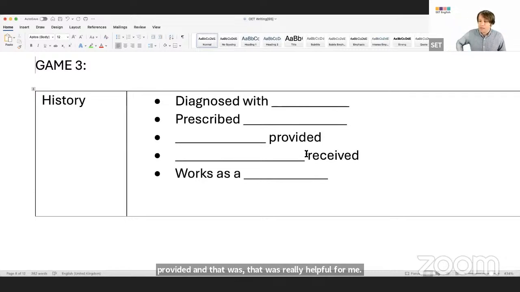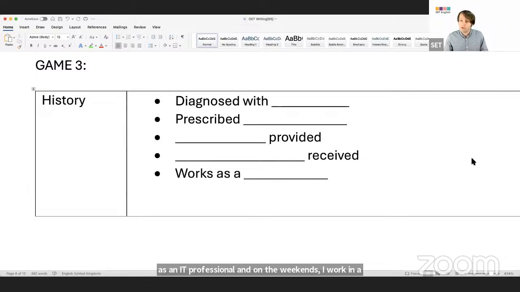And then I really couldn't cope with a lot of the other things going on in my life. I've got a very stressful job at work. So basically some counselling has been received recently. And as well as that, I work as, I didn't mention, I work as an IT professional. And on the weekends, I work in a bar.